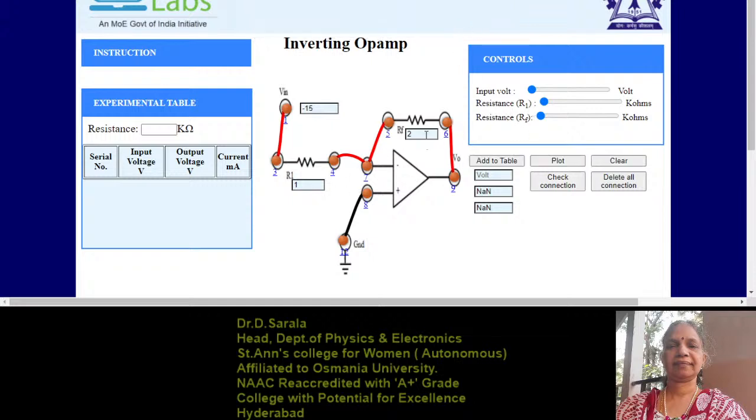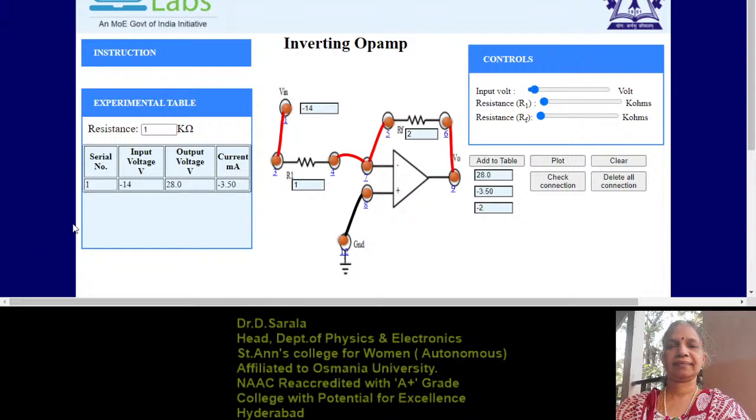So now this is fixed for 1 and this is fixed for 2. That means the value you are getting here is RF by RA. RF by RA is 2. So that means the gain of this amplifier is 2. So when you perform this experiment, fix the input voltage,